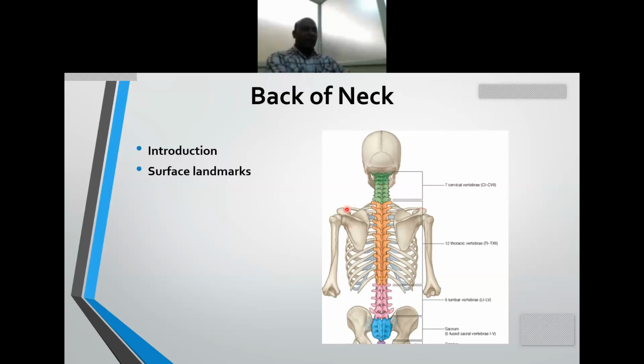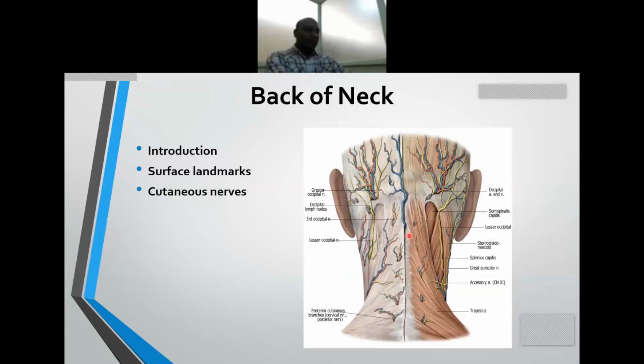Okay, this back of the neck and the head region is supplied by the dorsal rami of the cervical spinal nerves. Okay, you have the C1, that is the first occipital nerve, which does not have any cutaneous innervation. Okay, it supplies the muscles, and